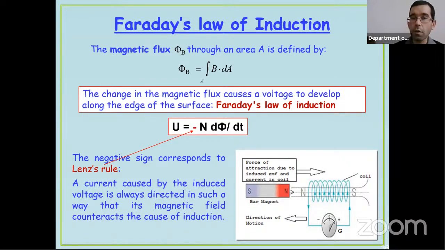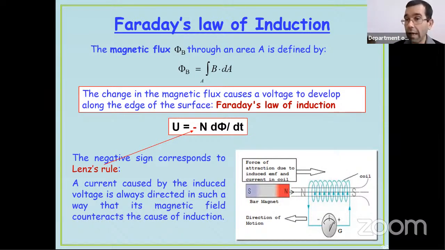It's a kind of product, or better to say the integral, of the area and magnetic field. It can also be defined as a scalar product of the magnetic field vector and the area vector. You might ask, what does it mean, area vector? Area is not a vector. The area vector is defined so that its magnitude is the magnitude of the area, and its direction is perpendicular to the area.